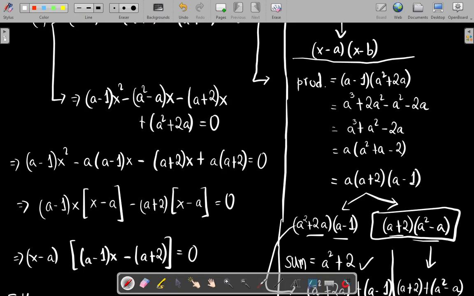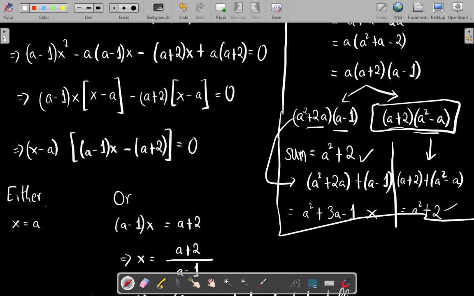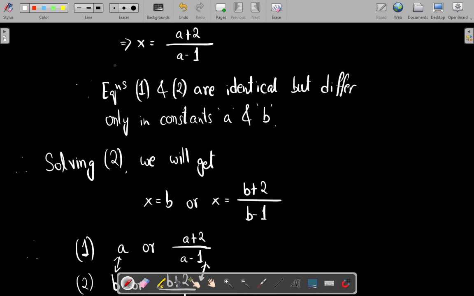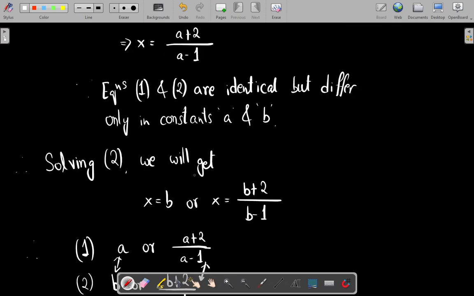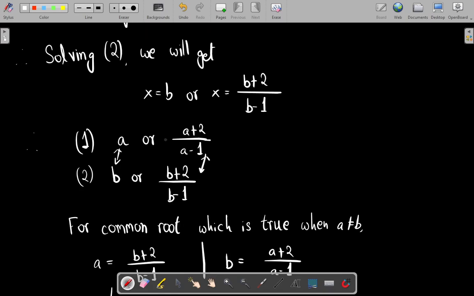That was a very clumsy and complicated part, but after that it is relatively easy. And the other part is that since the equations are identical but differ only in constants, the roots of the first equation will be in terms of a, and for the second equation they will be expressed in terms of b. For the single common root condition and a not equal to b, we have to equate either